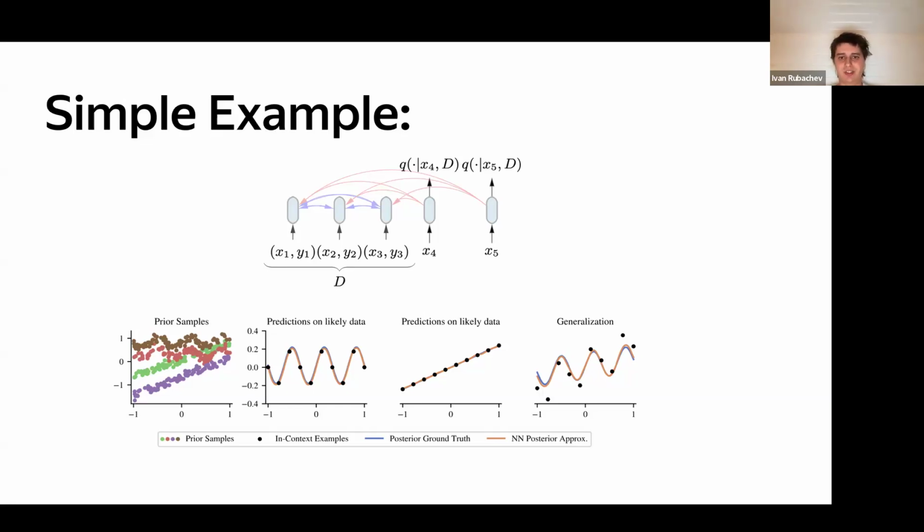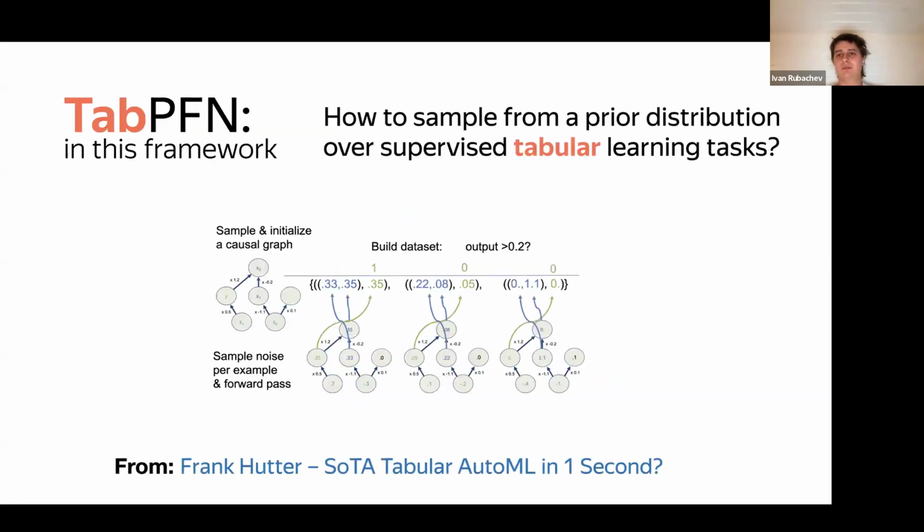coherent predictions. But how do we sample from a prior distribution over tabular datasets? This is the core question behind the TabPFN line of work, which I'm going to refer to in the latter part of the talk. The problem is that we can't,